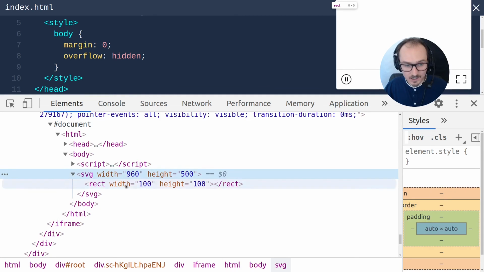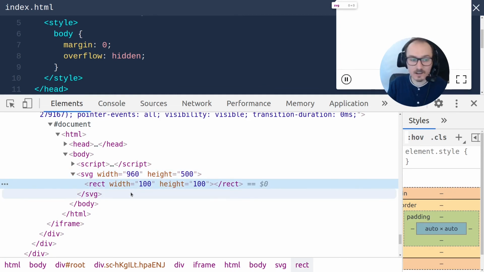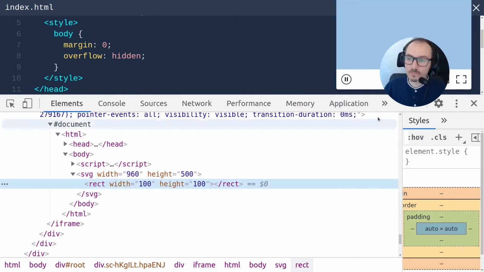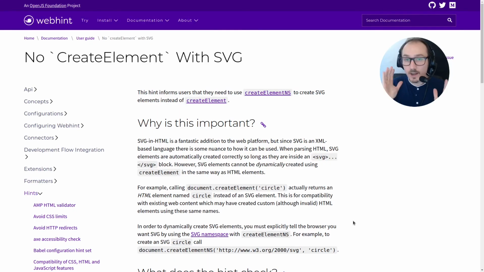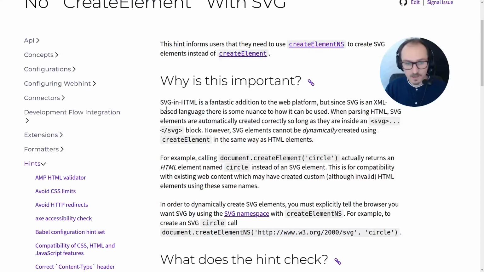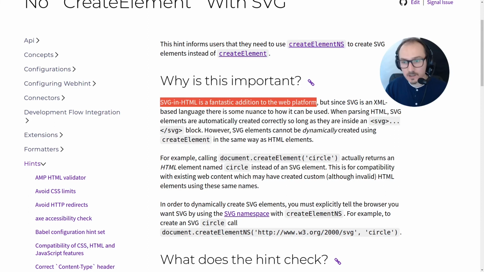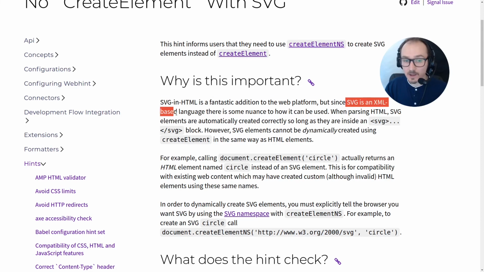SVG has width and height. The rect is there, but it's not showing up. The reason why it's not showing up is because we're using createElement. createElement does not work with SVG. You need to use createElementNS. So here's why. SVG in HTML is a fantastic addition to the web platform, but since SVG is an XML-based